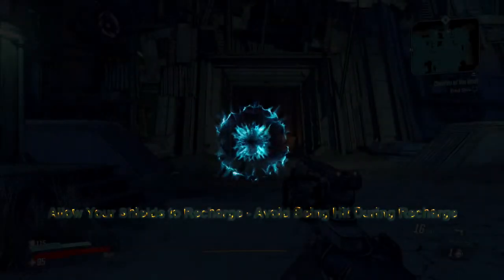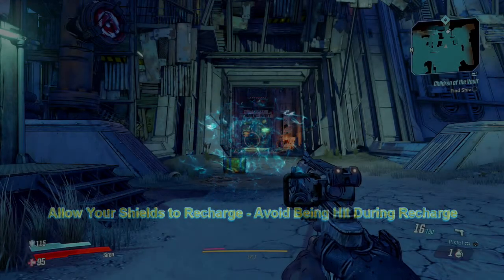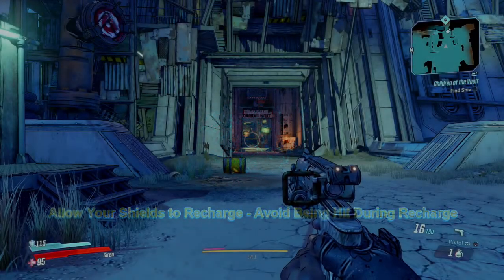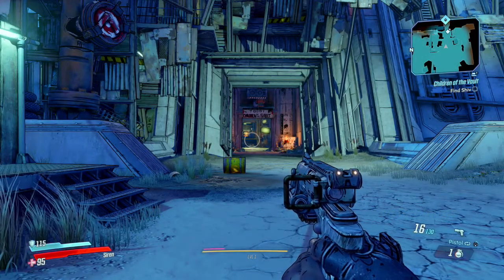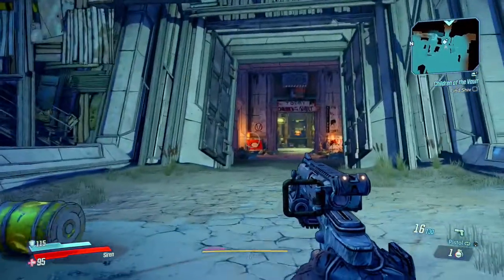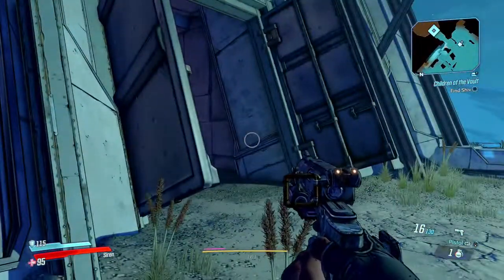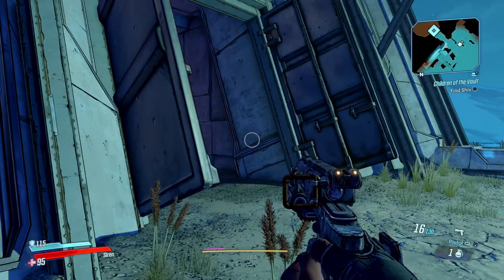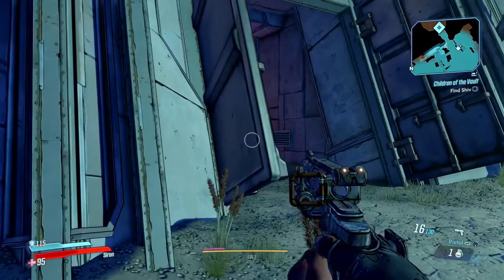One quick final note on shields. If you get struck and damaged while your shield is in the middle of recharging, it will stop recharging, and then you have to wait for the recharge delay to occur again. So I kind of recommend, if you're taking a lot of fire and you're having a hard time, go ahead and hide behind some cover to allow your shield to fully recharge. If you don't, let's say you step out and it's recharging, you get hit, it will immediately stop recharging the